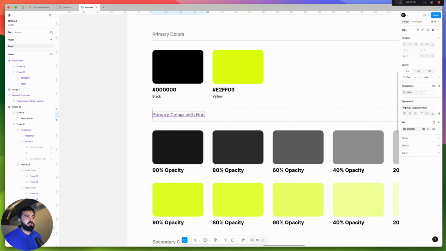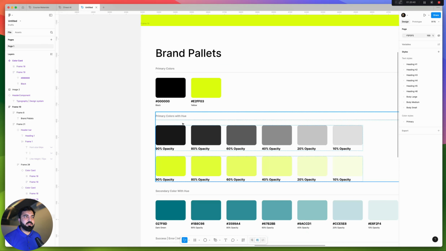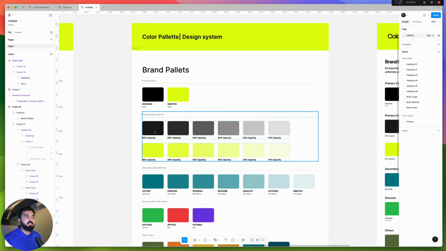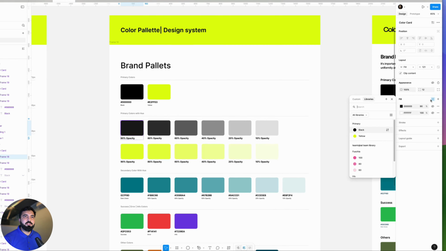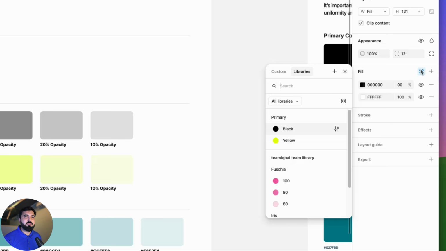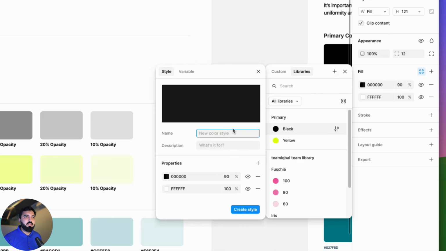Now primary color with hue. So I will select this. All right, I just copy this text. And now if I select this one, I will need to edit this, once I select this menu over here, these four dots. Okay, and I will need to add this to new style, and I will paste it. Once I paste it, I will add slash and then 90%